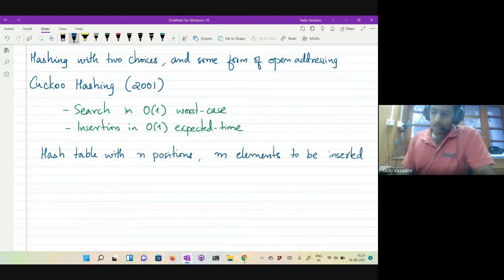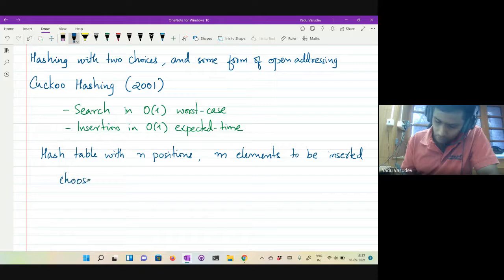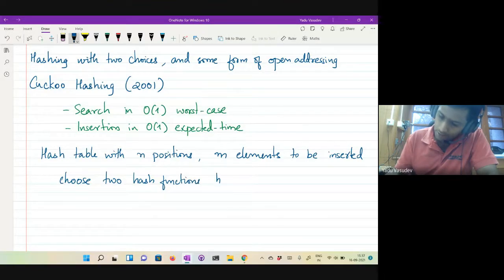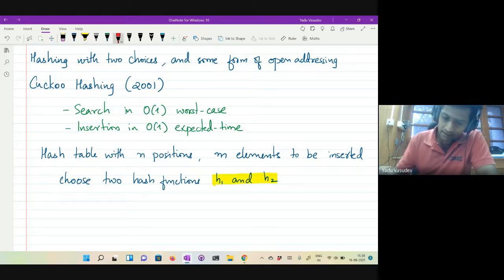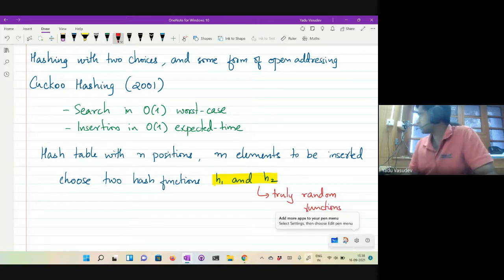Now you choose two hash functions, h1 and h2. For our analysis and discussion, we will assume that these are truly random functions. These are the two hash functions.